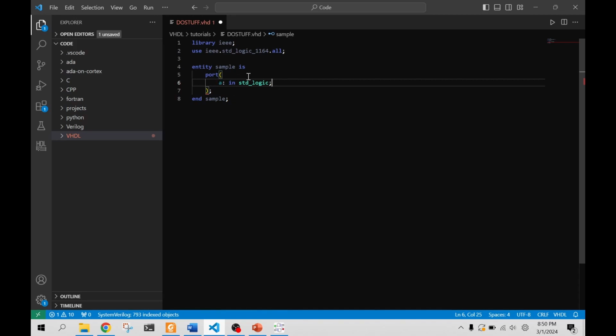So what in the world does this mean? A is the identifier. If you look at a data sheet, you have your pins, like on the 74191, you have CLK, you have CTEN. That's just the name of it. Then in, this is the mode. There are 4 modes, but we only need to worry about 2 of them, in and out. And then std_logic is the type,